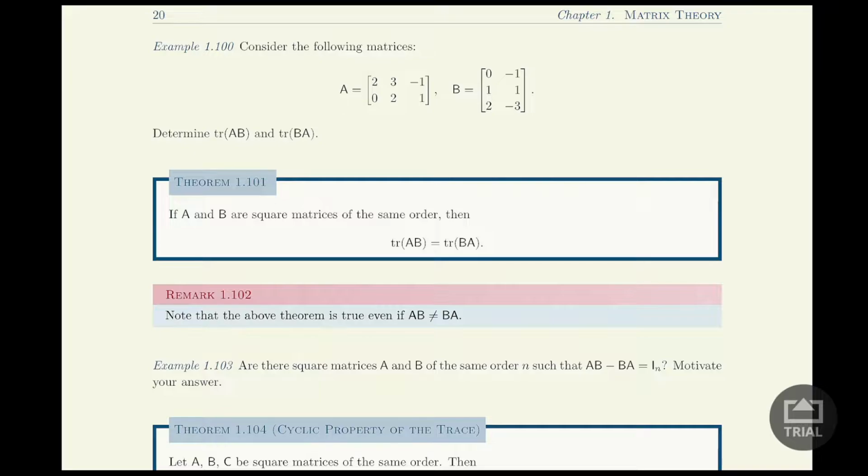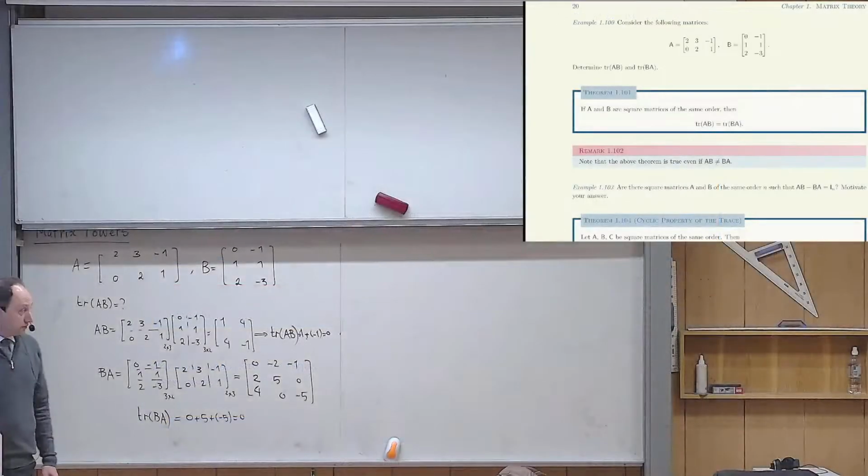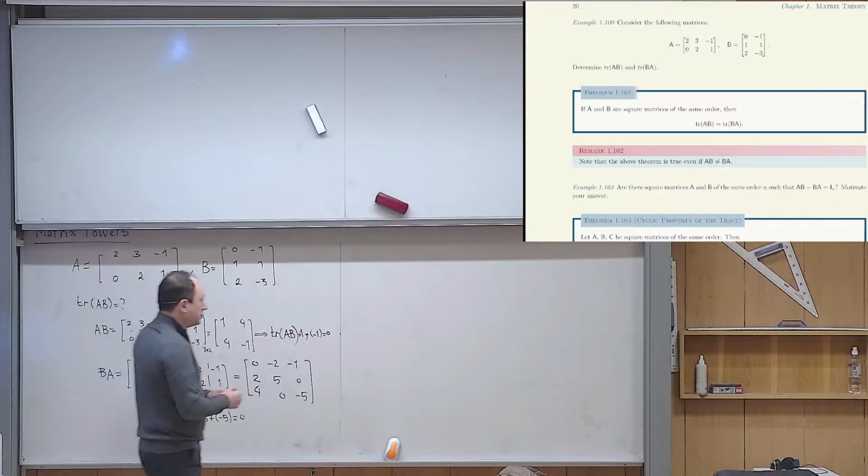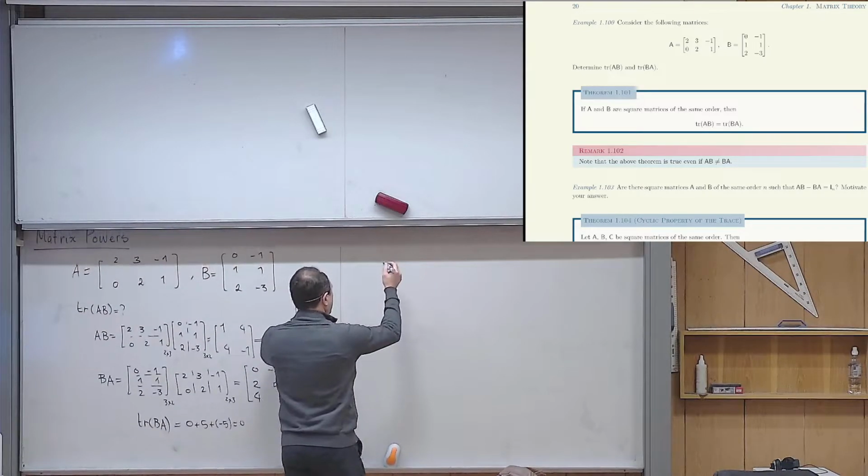And of course, the content of the theorem is telling you that the above theorem is true even if AB is not equal to BA, which of course, usually it is not. Okay, so how do you think we can prove this in general? Let me just, for the time being, modify that. So I would say that let